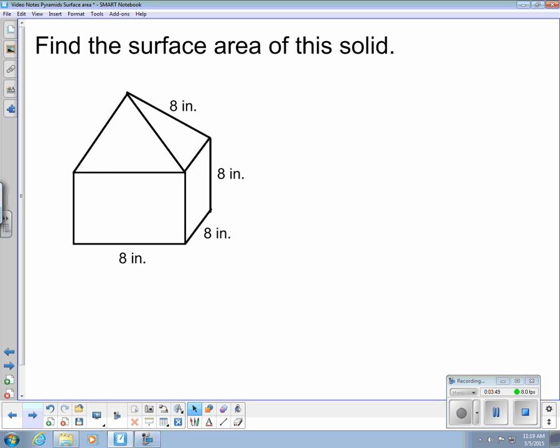So pyramid surface area, you have a lateral area and you have a surface area. Remember the difference between lateral area and surface area is lateral area is just all the triangles added together. Surface area is adding the base in. When we have a problem like this now, we have a complex figure, so we have to think of what